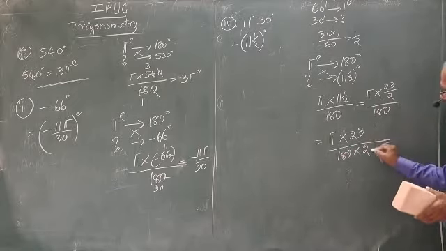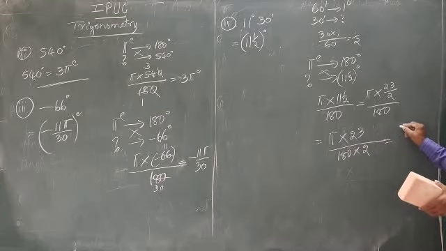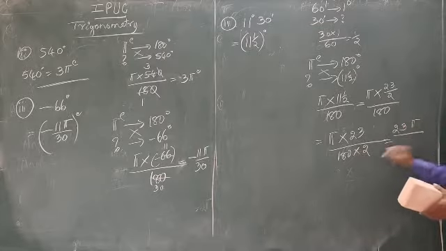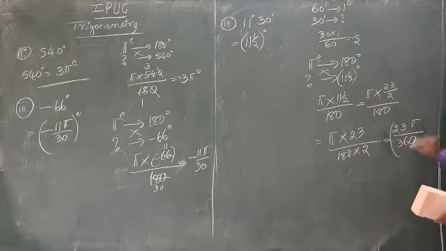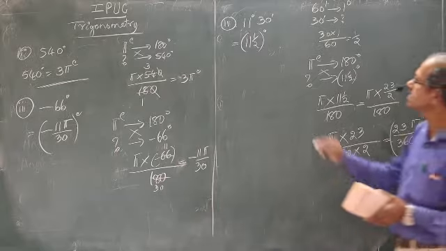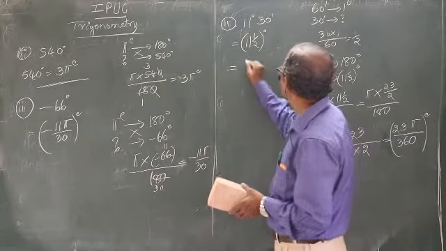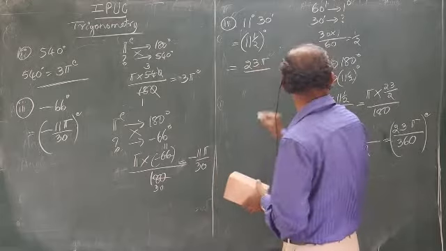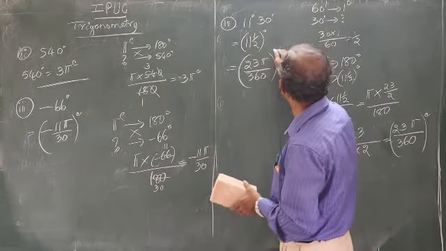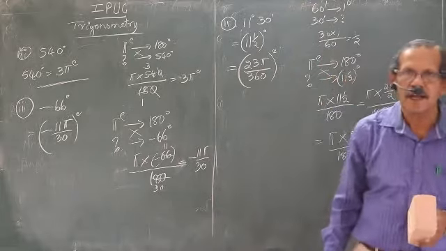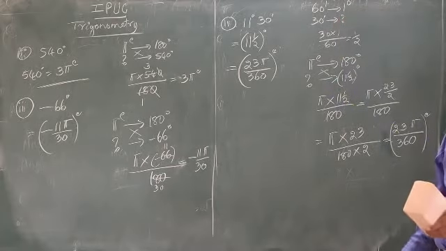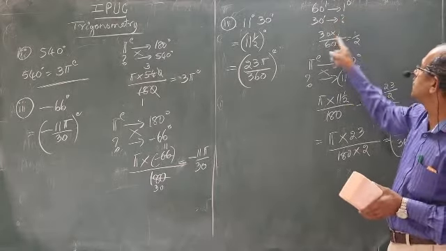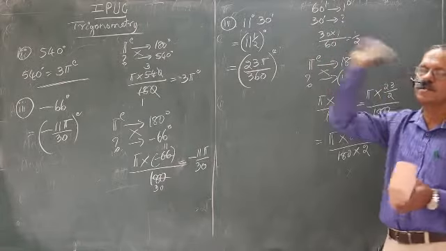Simplify all these things. Mostly there will be no common factor. Anyway, 23 pi by 360 radian. Answer, let me write here, equal to 23 pi by 360 radian. Finish. Even if the given angle is in terms of degree and minute, you can convert it into radian. Possible. How? First convert that minute into degree, then convert all the degree into radian, like this.